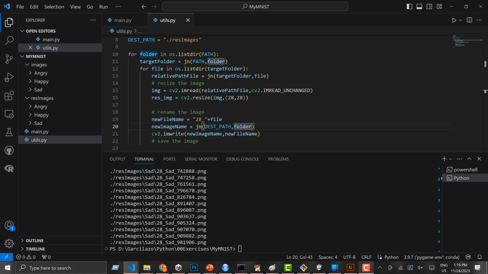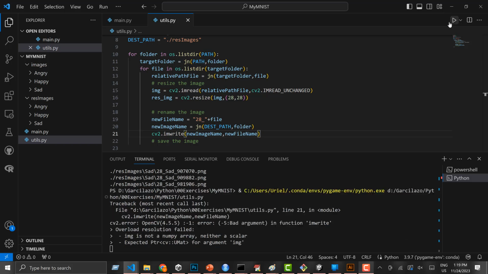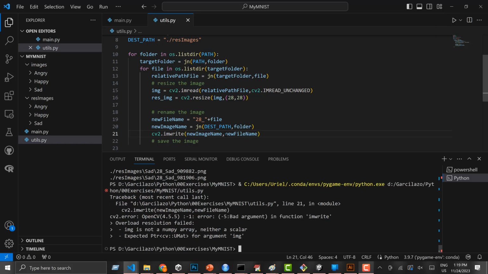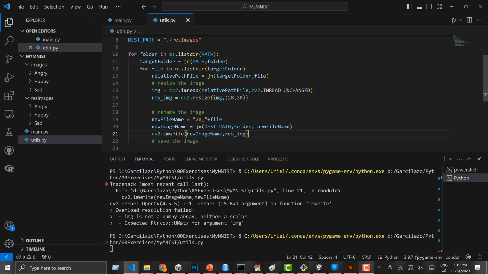So it would be just the destination path and the folder, and then we write the image. Let's see if this works. The problem is in line 21. Okay, and after that, I need to pass the actual image, which was the rescaled image that we created in line 16. If I run it once more,